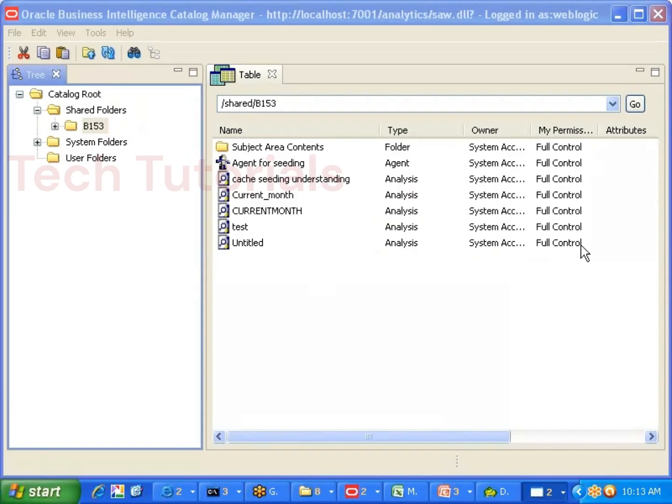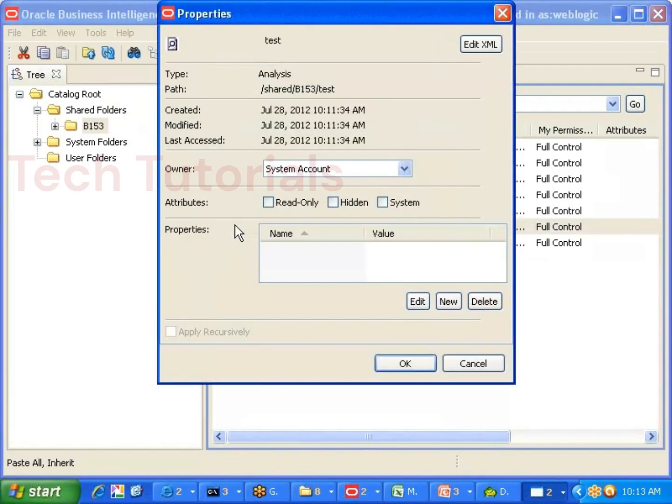Okay, next point, sir. I want to understand how to control the permissions and all. If you go to any one report,